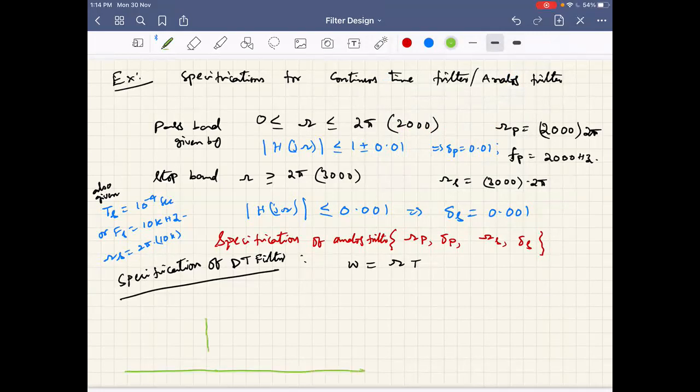Okay, so let me sketch this. This is, say for example, the filter in continuous time. I'm just scaling it, say minus 2 pi into 2000 to 2000 into 2 pi. Now what I'm plotting here is the omega axis, and hence, see, if I sample it